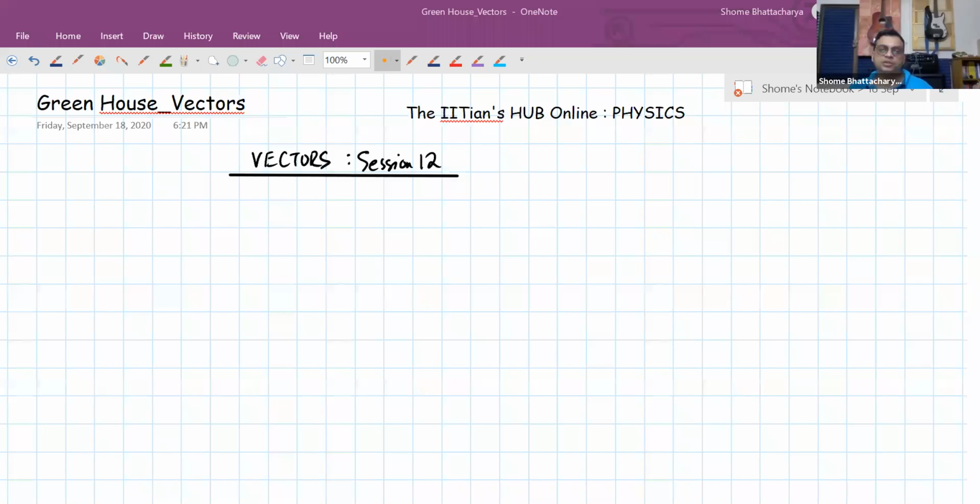First, completing the theory part of cross products. We had started with cross products last time, and then we will be coming to assignment 7 doubts and all that. So I think we had reached up to the point where we saw the formula for cross products in two-dimensional component form, right? But we had not yet seen the formula in three-dimensional component form.